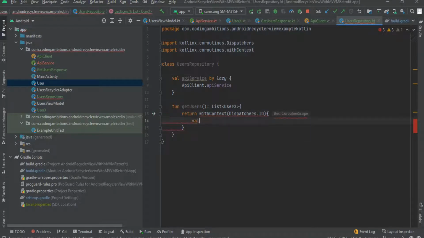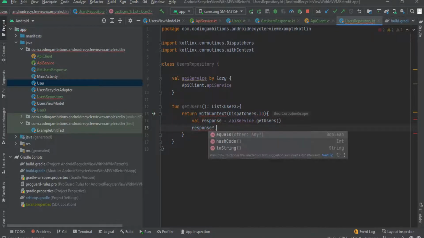So let response, add some response there, API service dot get users, and now response. Basically if we are using return there, then it will pick up the last line of code in the block, that will be return response dot, if not